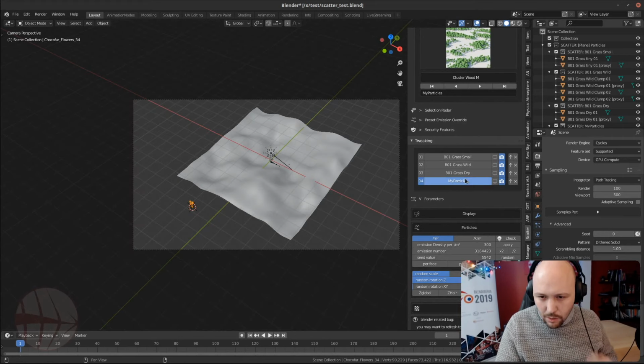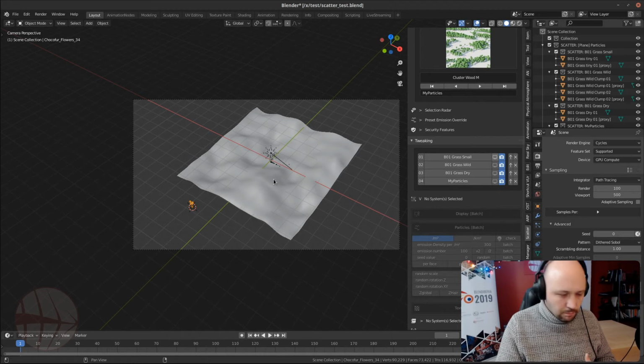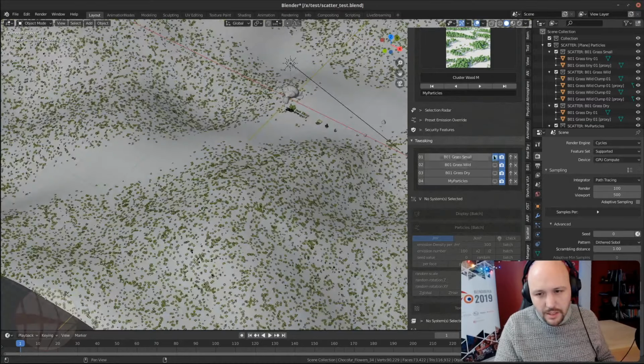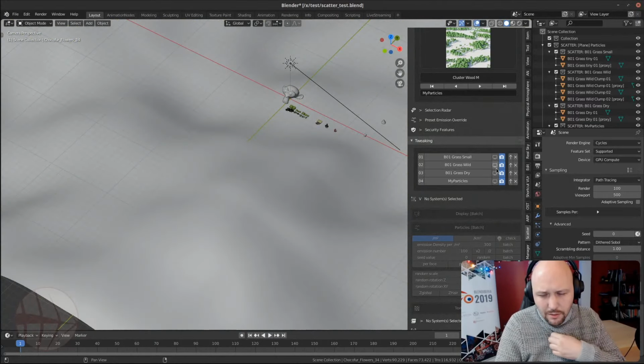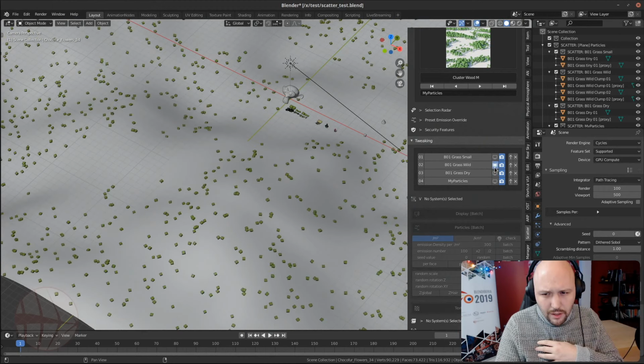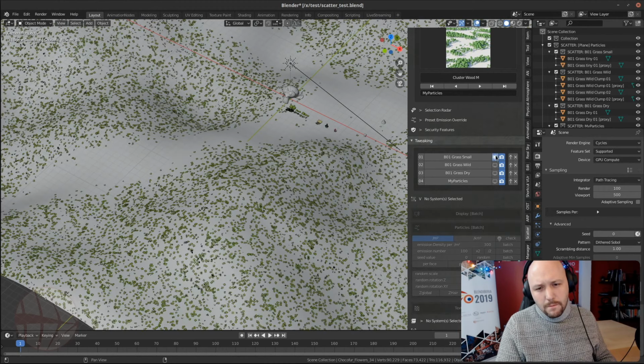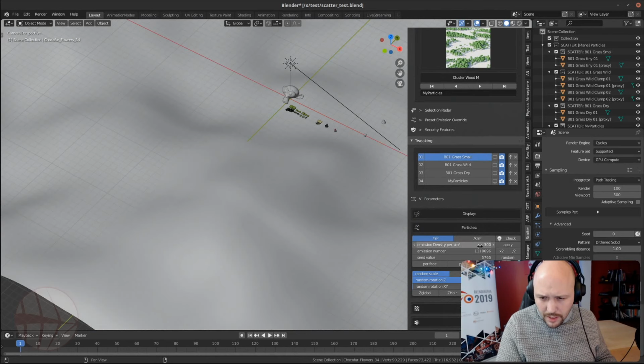And let's do another thing, that is, I want more density in the grass. Okay, this is, well, this is the small. Let's try the dry and the wild. No, I want the small one. Yeah, I want more density in the small one. So let's try with,